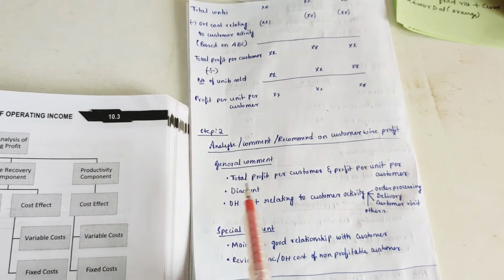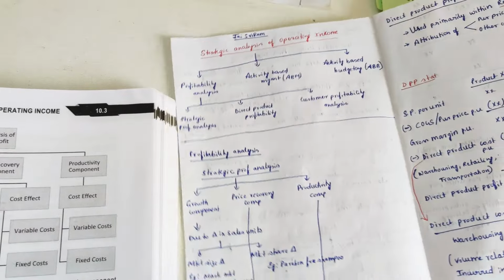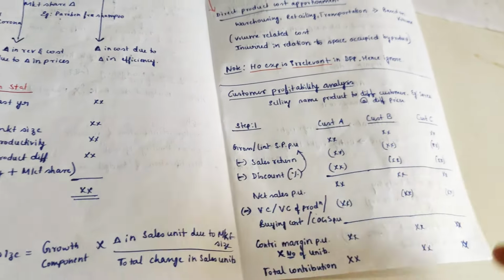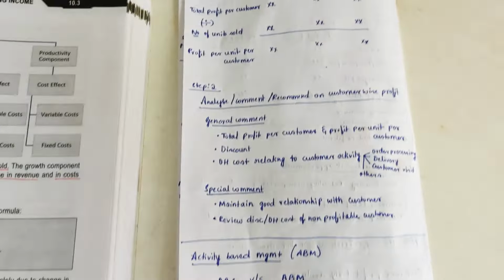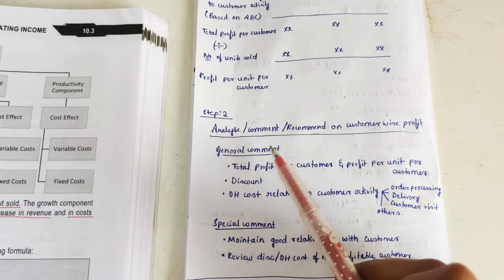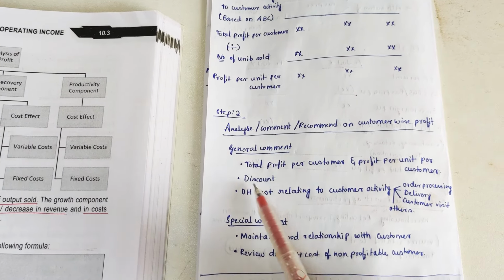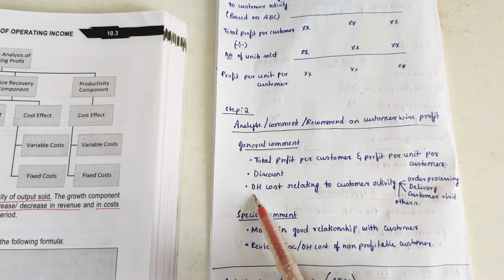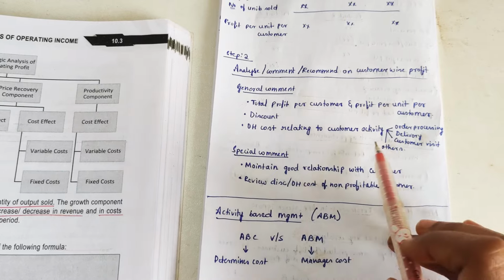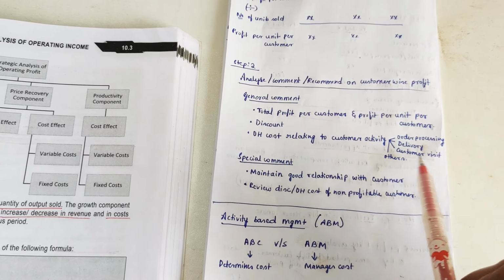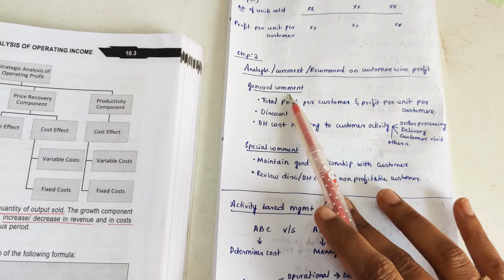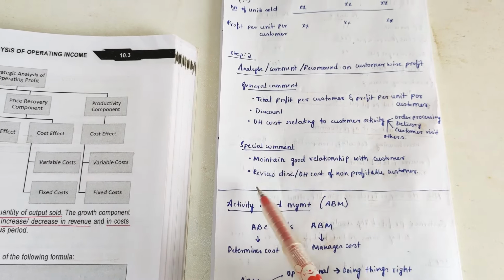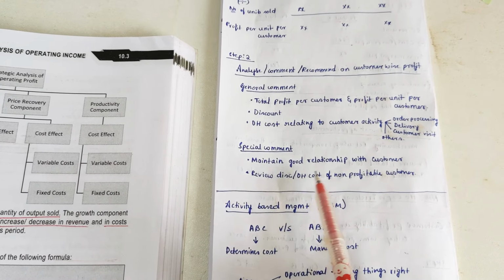Then there's step 2, the analysis part. In step 1 of customer profitability analysis, you figured out how much the profit is. Now we'll analyze why there is so much profit. There is something called general comment and special comment. Under general comment you say total profit per customer and profit per unit per customer, then how much is the discount, then how much is the overhead cost related to the customer activity, like order processing, delivery, customer visit, and others. All these things will be commented in the general comment. Special comment is like maintain a good relationship with the customer who is profitable, then review discount or overhead cost of non